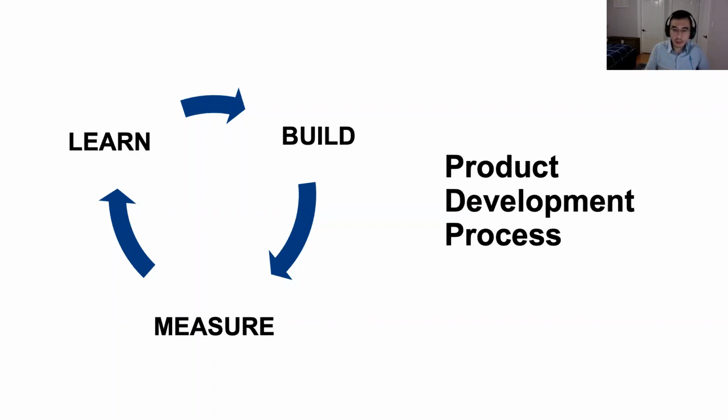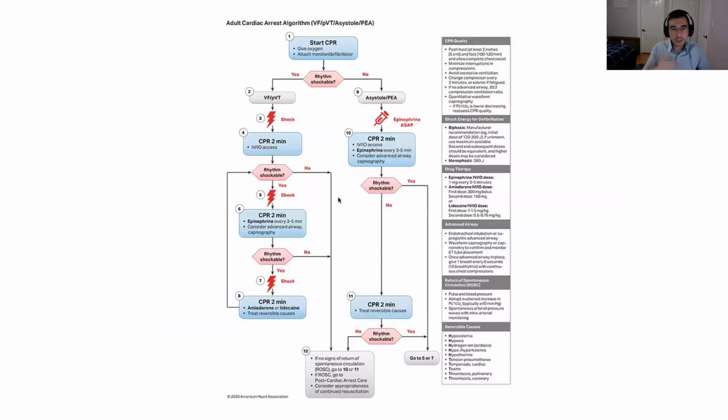And so how this worked out in this situation is, for example, what can I build right away to start the process of trying to solve the problem of getting this algorithm in front of people? Well, I could start handing out physical placards, but I already know the feedback of why those are not useful. I can get a JPEG file of this and then try to upload it on the hospital's network, and then send out an internal email.